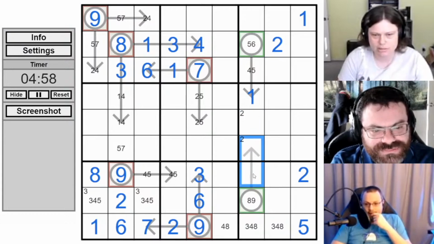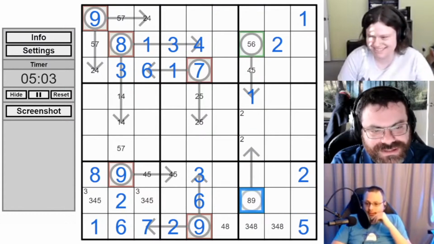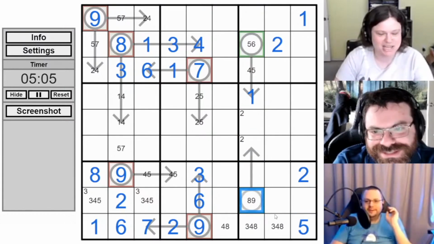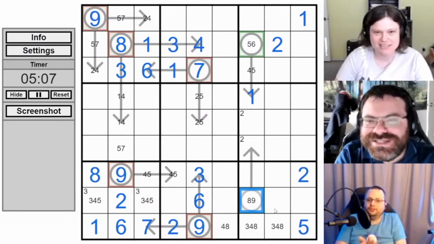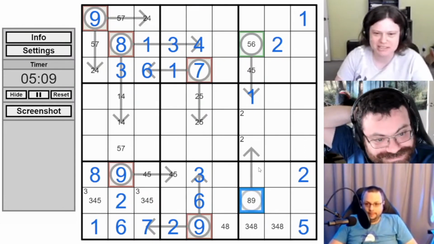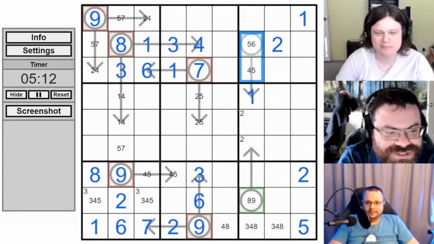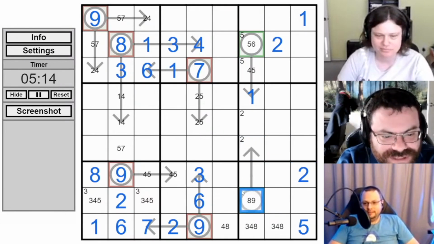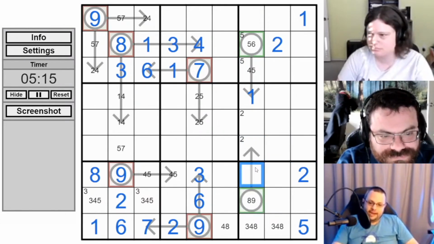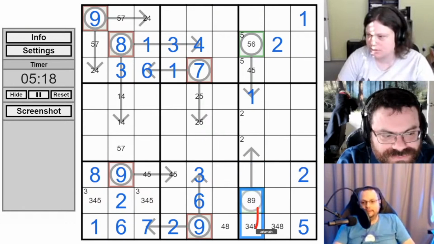No, there's a 5 in the box. One of these is always a 5, and there's a 5 in the box. But I like that one of these is always a 5. I like when things confirm each other. In fact, I should mark that one of those. So it's a 5. And so one of these two cells is an 8. You can mark that one of these is an 8.